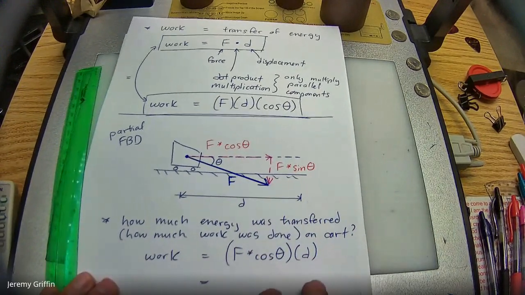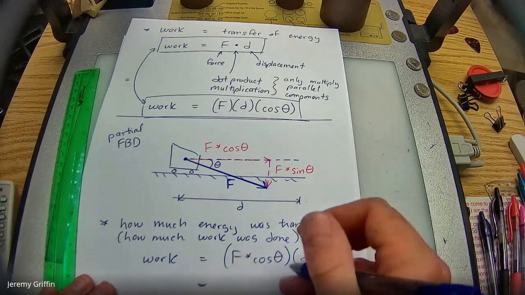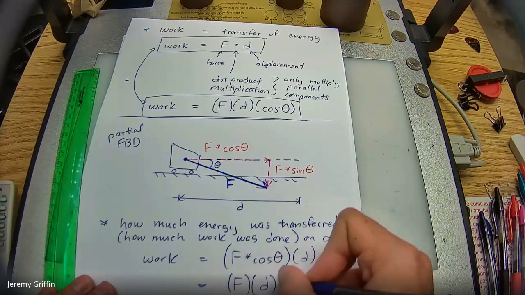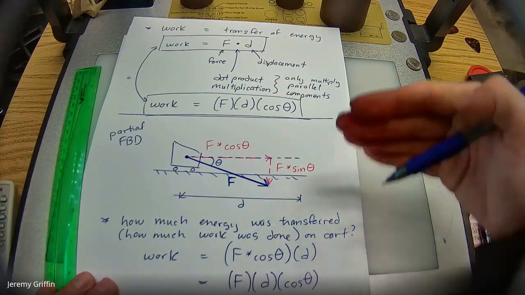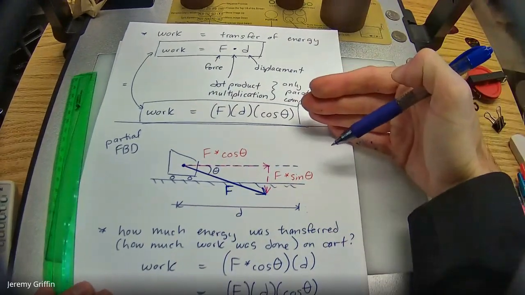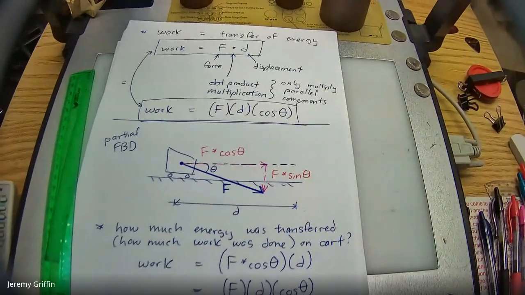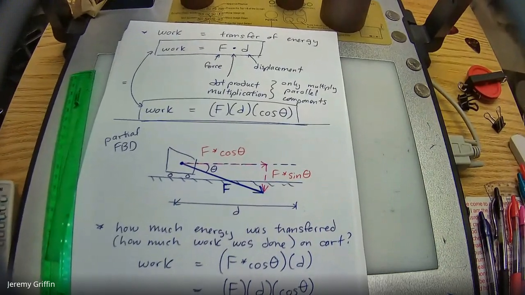And I bet you saw this by now anyway, but just to bring this full circle, you could shuffle those around a little bit, and that would be exactly force times distance times cosine theta, which is the same thing as this right here, which is also the same thing as this dot product. So that's what that dot product of force and distance means. You guys good so far?